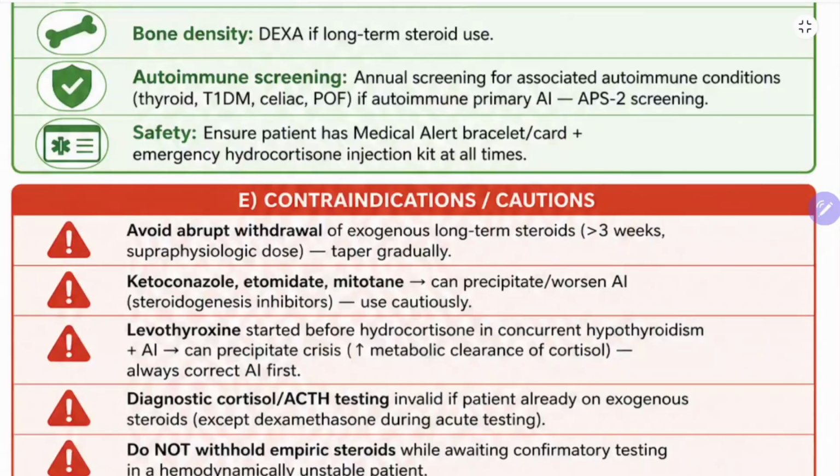Contraindications or cautions which should be taken in these patients. Avoid abrupt withdrawal of exogenous long-term steroids. Any dose of prednisolone more than 7.5 mg for more than 3 weeks is long term. Okay, so avoid abrupt withdrawal of exogenous long-term steroids beyond 3 weeks. Superphysiological doses, taper gradually. So any patient who receives them for more than 3 weeks, we should taper gradually